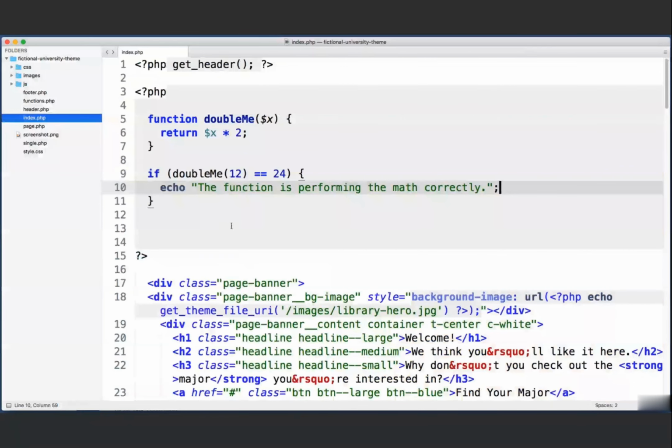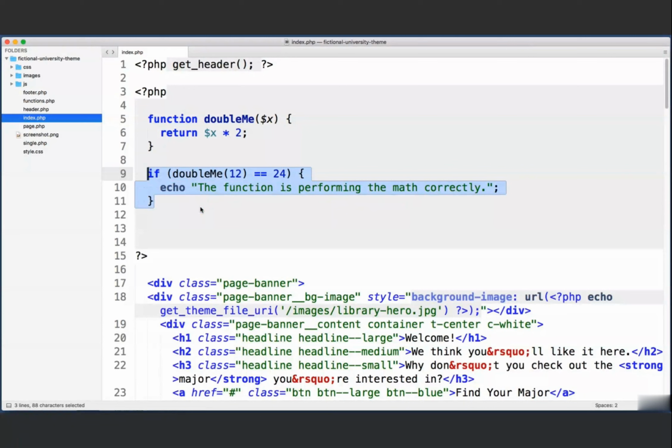Cool. So you get the idea. This is not a real world example. You'd probably never do this, but the idea is that you can use the value that a function returns anywhere. Now, before we bring everything full circle and tie this back into the topic of WordPress specifically, let's have a